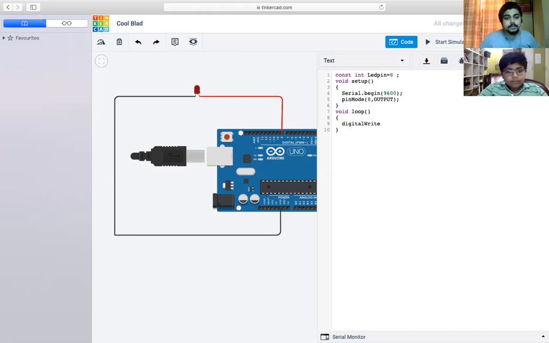We put a bracket, right? Yes, sir. Then we mention the pin which we are controlling. Put the pin number. 8, sir. Yes, and then we put the activity which we want it to do, and there are only two activities, HIGH or LOW. So we want to make it high, so give a comma and then write HIGH in entirely capital letters.